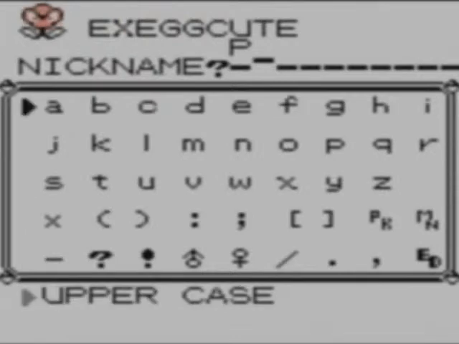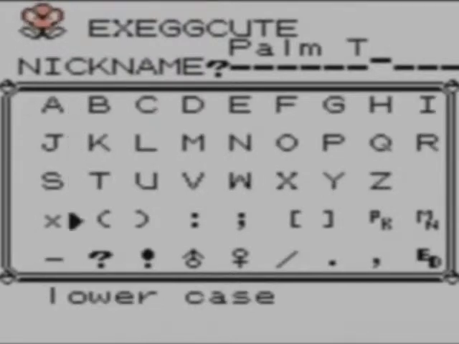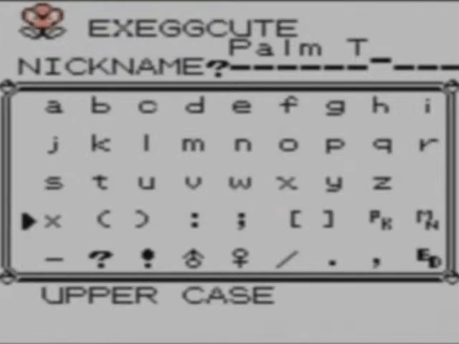The nickname for Exeggutor is Palm Tree, because if you think about it, how in the world do eggs evolve into a palm tree? Like, certain things make some sense in the game, but eggs evolving into a palm tree makes none at all. But yeah, that was the last Pokemon I ended up catching in the Safari Zone, so I just cut over to